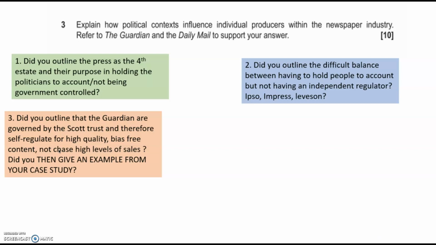And bizarrely, I'm not quite sure how this came about, but I think 3 or 4 of you referenced Tony Blair, Labour, and the election campaign where the Sun changed to Labour and they won the election. I mean, that's from 1997. It's not recent enough. You need to be giving examples of recent times that you have found in your case studies. So if you didn't have any examples to draw upon, and this is something else you can think about in your targets, you need to be reading The Guardian and the Daily Mail a lot more frequently and actually recording and saving examples that you think will be useful to use in your answers.